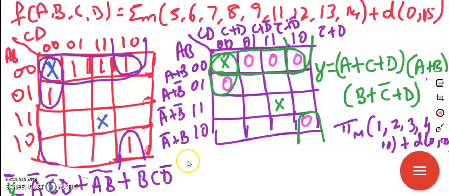Similar to this, if any SOP problem is given and it's been asked to realize with NOR, you can easily write zeros in these locations and do the grouping, and write down the solution in this format, making it an easy implementation of NOR. It all depends on what type of problem has been given and what final minimal solution is expected by the question.